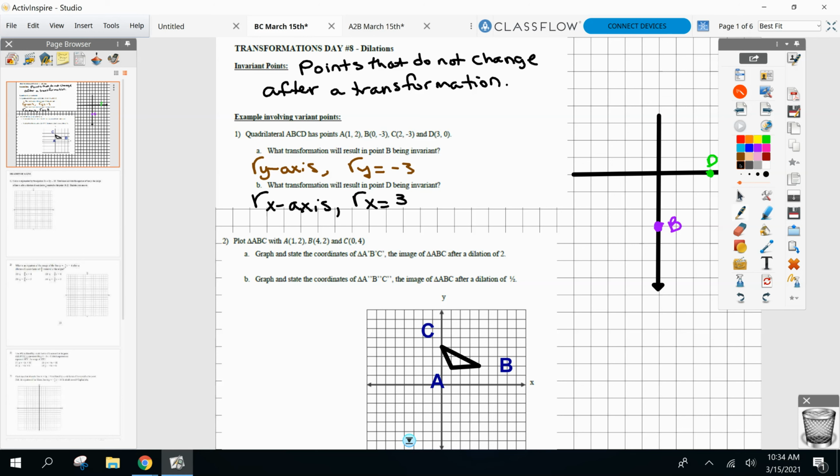All right, let's talk now. So part A says graph